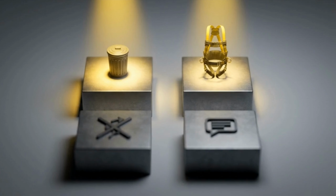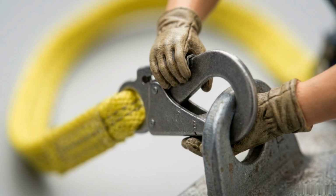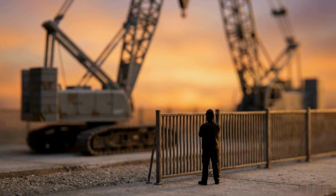To achieve zero harm, follow these rules. Eliminate the hazard first. Use fall arrest systems as a last resort. Recognize and stop the normalization of deviance, and prioritize open reporting of near misses. Workplace safety is a deliberate, daily choice. The systems you build and the behavior